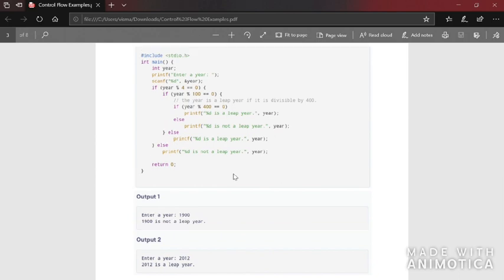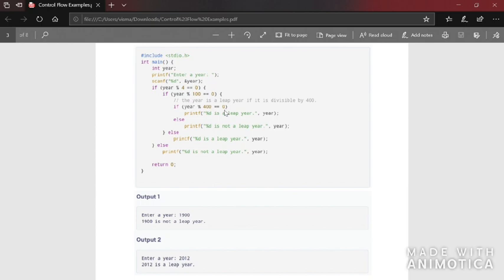Let us see, they have given an example, 1900, that is, the value stored in year will be 1900. So 1900 divided by 4, the remainder you will get is 0. Since that is true, it will go inside the body of the if condition. Again there is a condition, if year modulo 100 equal to 0. 1900 modulo 100, you will get remainder 0 because the quotient is going to be 19. That is also true, so again it will go inside. Here it is, if year modulo 400 equal to 0; 1900 divided by 400 will not give you the remainder 0.